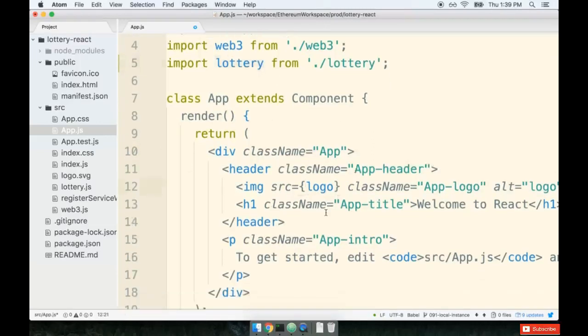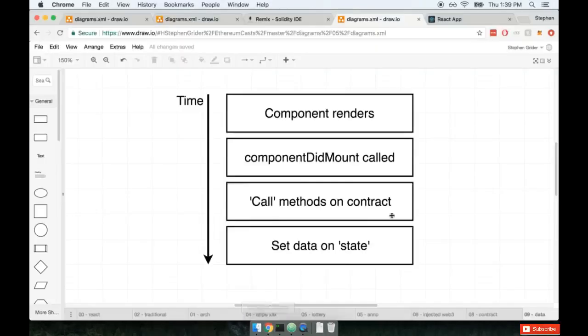In order to get any information off of our contract and render it on the screen inside this component, we're always going to follow the same sequence of actions. So here's what we're going to do. We're going to always let our component render. We are going to define the componentDidMount lifecycle method. Inside there, we will call whatever methods we care about on the contract to receive or fetch some amount of information, and then we'll set the data that gets returned on our component level state,